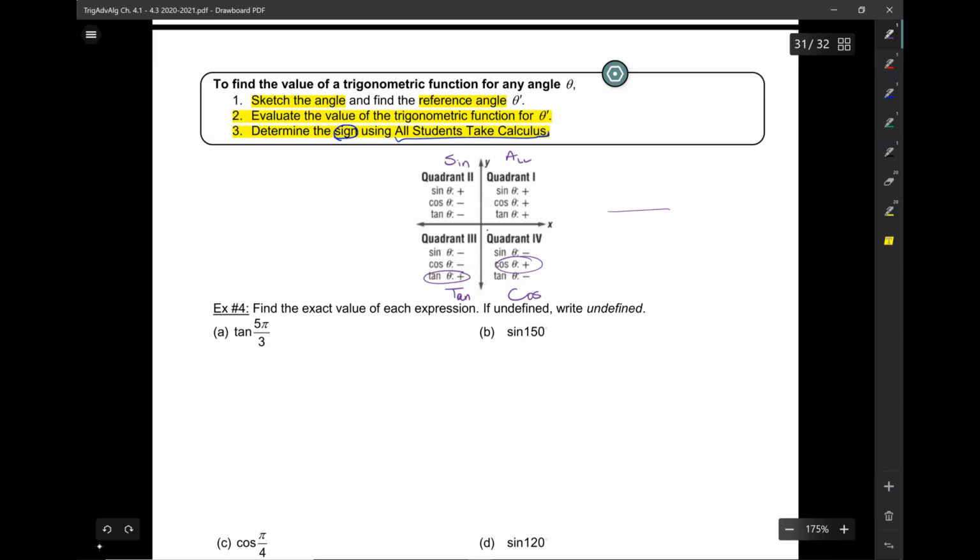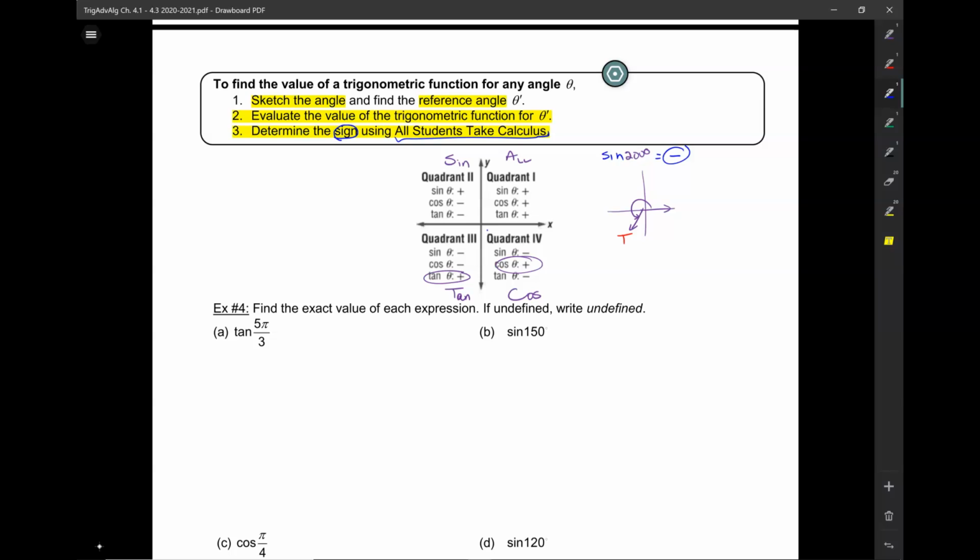So for example, if you were to draw an angle of 200 degrees, that's here. In that quadrant, it's T. Tangent is positive. So if I asked you to find sine of 200, it would be negative because only tangent is positive there. All right, so with that,